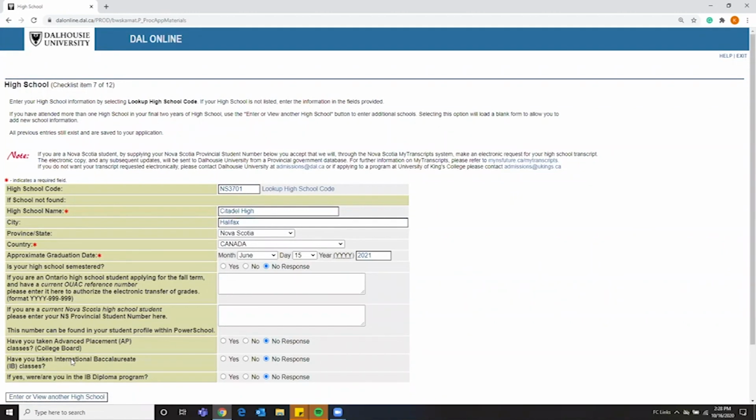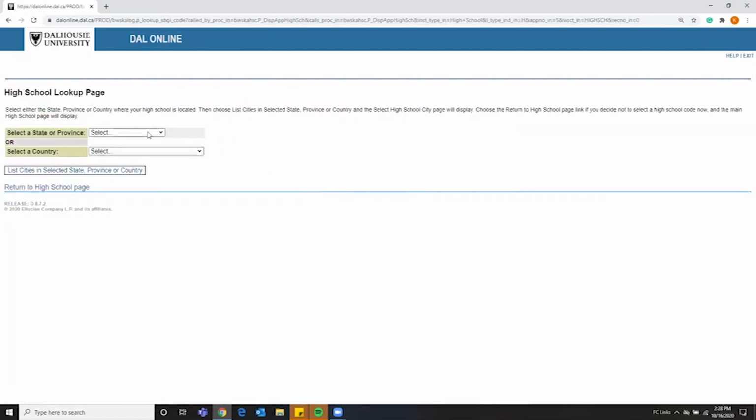In this section of the application, we're looking for information on your high school and curriculum. Transfer students should also fill out this application section. Our first step here is going to be reporting information about the high school you're attending. So click the Look Up High School Code link, select your province and state or country,